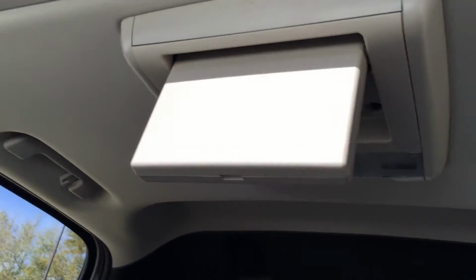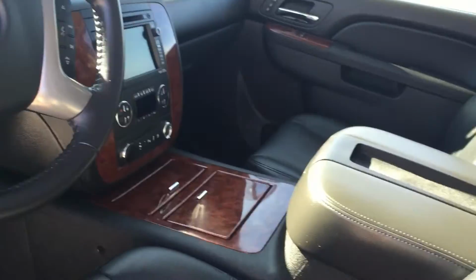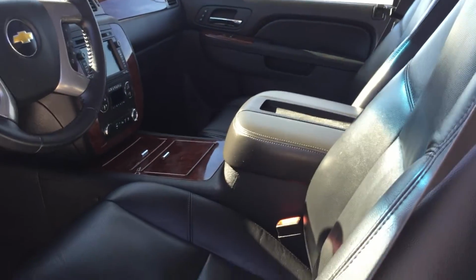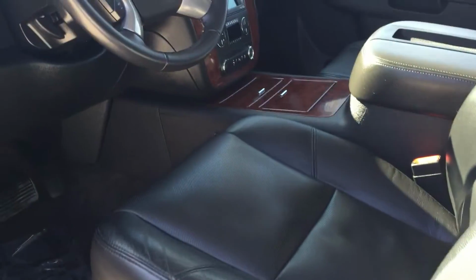Folks, this is the Chevy Avalanche. This is a 2011 LTZ. As you can see, it has the entertainment package on it and the fully electric sunroof. It also has the Bose speaker system, and it has navigation and rear backup camera. This vehicle has black leather interior, power windows, power seats, cruise control, voice activated commands, automatic lights,